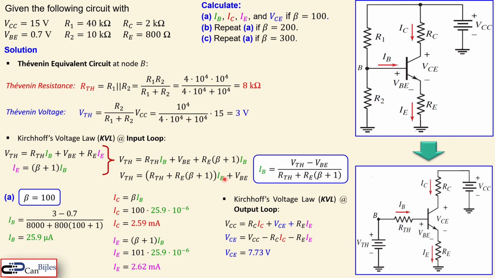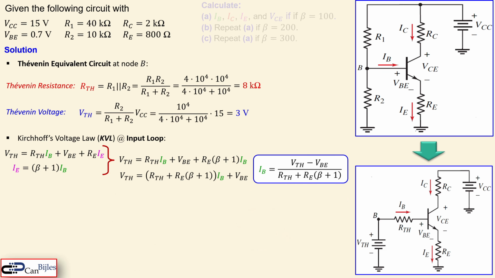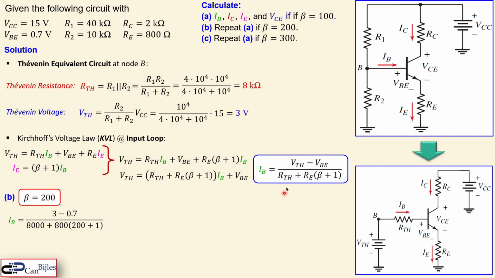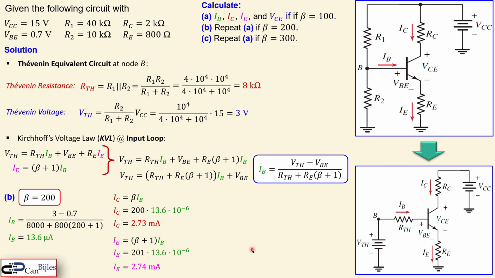Now, we will repeat the process for question B and C when the beta is 200 and 300. So this is just a repetition of these calculations. Okay, let's now move to the beta is 200. Again, the same expression, but just beta here 200. Now you will get 13.6 microamps for IB. And if I now do again, IC is equal to beta times IB, 200 times that base current, you will get 2.73 milliamps. And the emitter current, again, the same formula as we did in question A, you will get